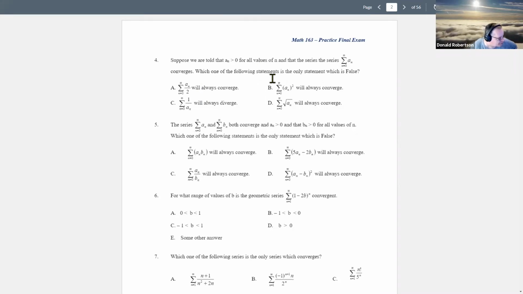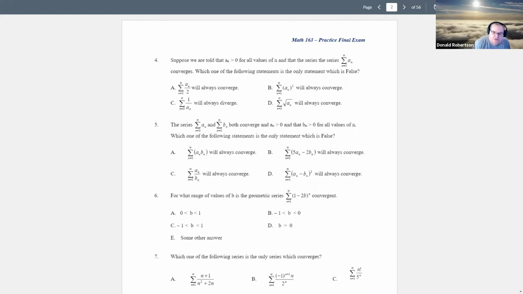Now, I guess by a process of elimination, it has to be D. That might be one way you figure it out. If it isn't the first 3, it must be who's left, right? But I can argue why the 4th one is wrong, why D is the one that's not true. It says that the square root of this will always converge. And the key word here is always, because sometimes it will, but not always. The series that I used in my head is a very simple one, sigma 1 over n squared. So I'm going to switch over to here now and show you